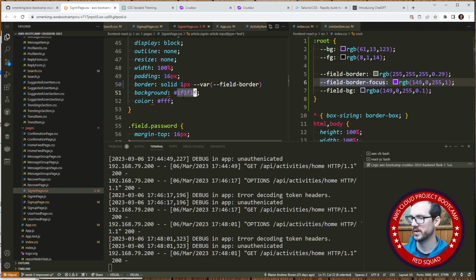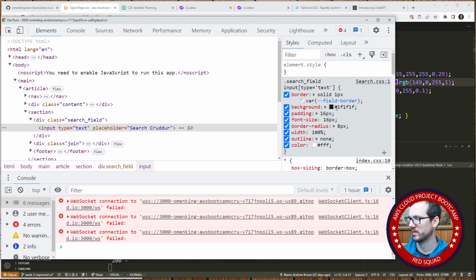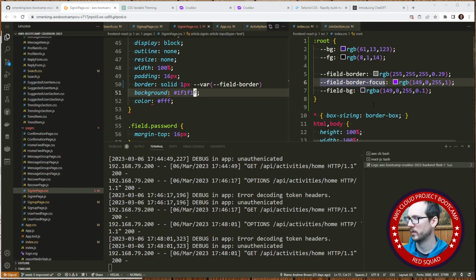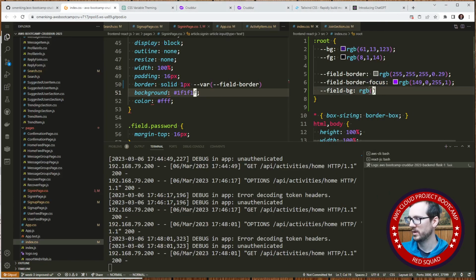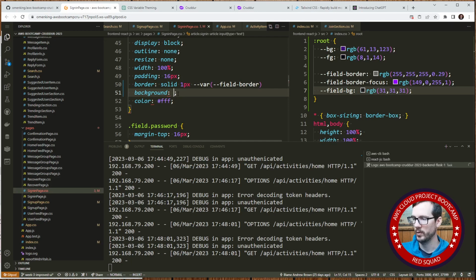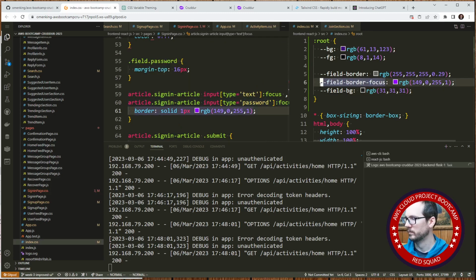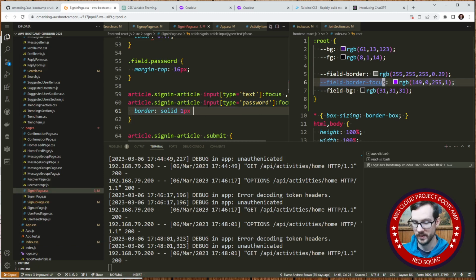So what I'll do is I'll take this one. What color is this? 31, 31, 31, okay. RGB, 31, 31, 31. And we'll go here and we will say var field BG. There is a hover over here. And we'll do this. Now, you'll notice that I'm using